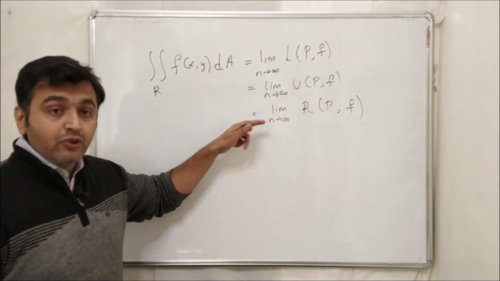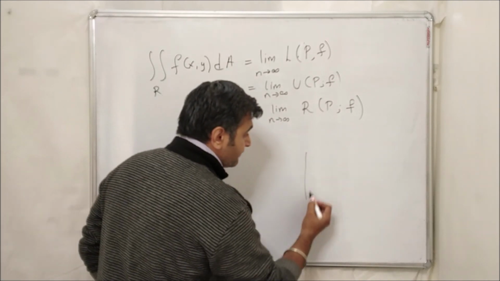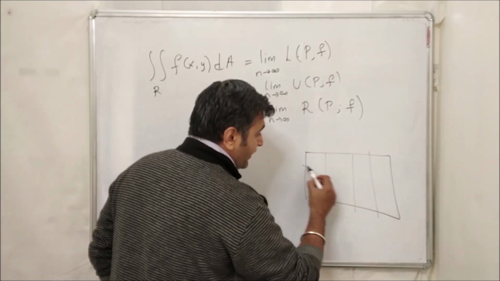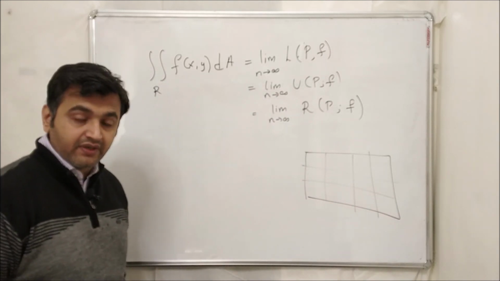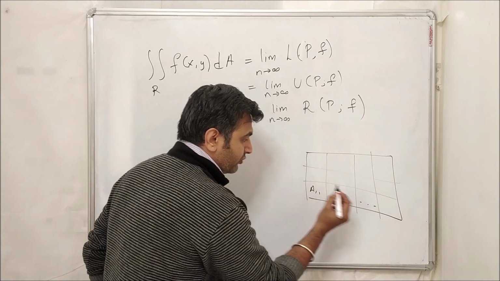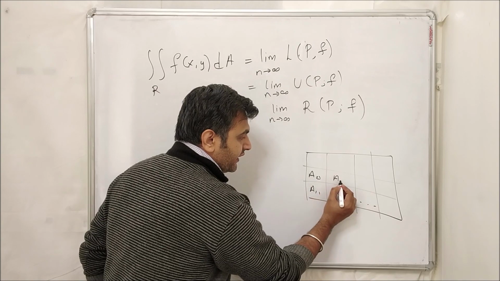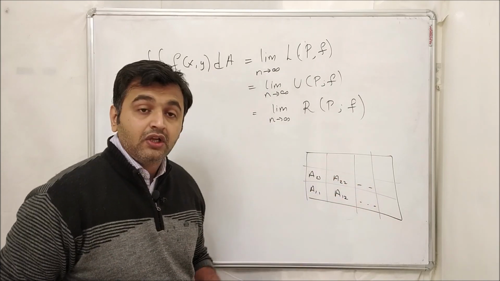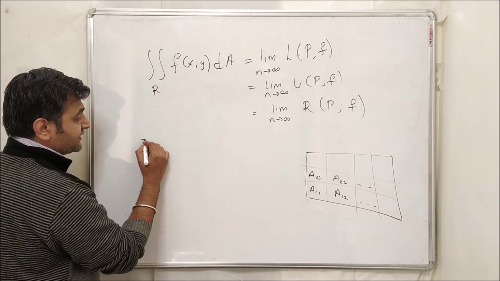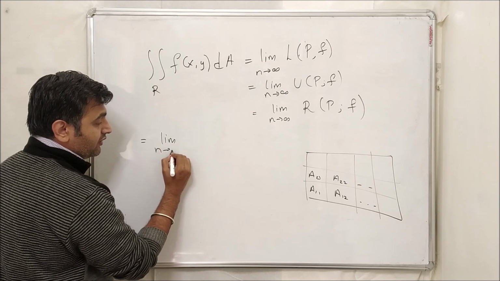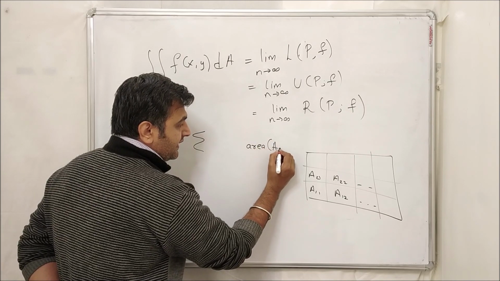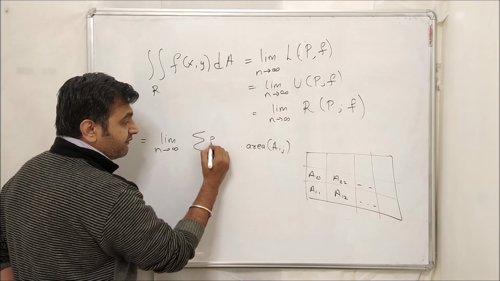Now if I go into more detail, what was the first lecture? It was the lecture where we considered the rectangular region, and what did we do? We divided the domain into sub-rectangles, right? And we gave the notation: this was A11, this was A12 and so on, this was A21, this was A22 and so on. This is how we gave the notation for the areas of the sub-rectangles. Then you take the limit as n goes to infinity of the summation, where you take the area of Aij and multiply it with the height.